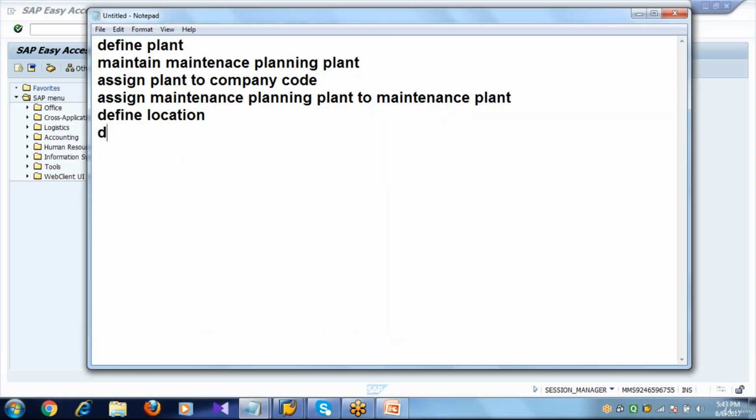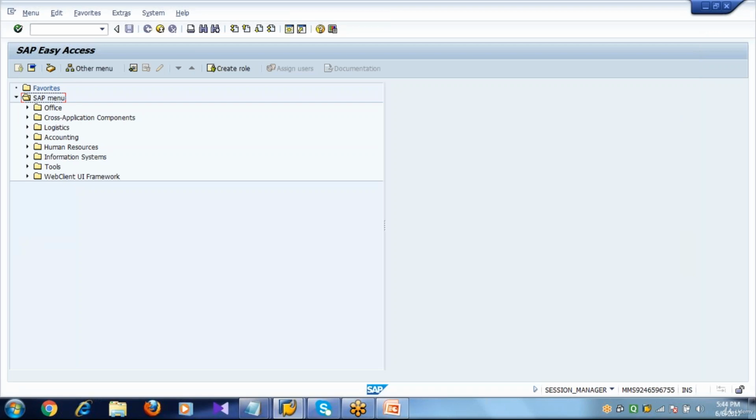Next, define planner groups. So what is a planner group? A group of employees responsible for planning and processing maintenance tasks in a plant is called a planner group. The path is SPRO,